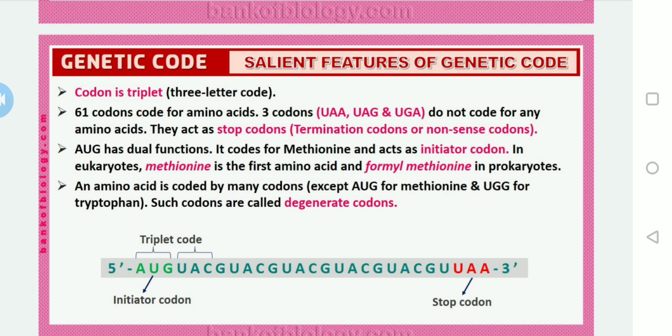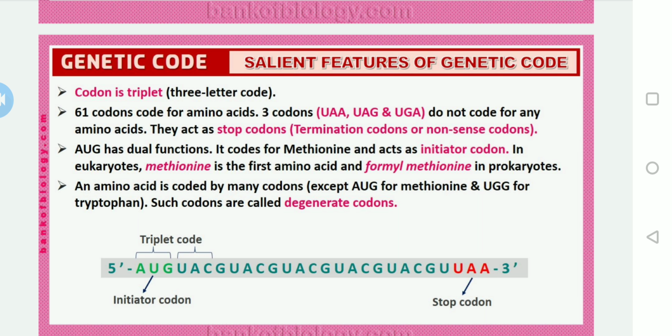As I said in the beginning also, an amino acid is coded by many codons, except AUG for methionine and UGG for tryptophan. Such codons are called degenerate codons. What is the meaning of degeneracy or redundancy? Then you should write: